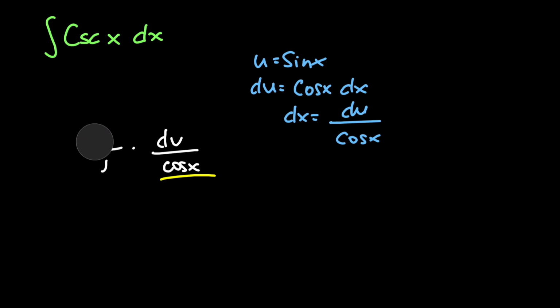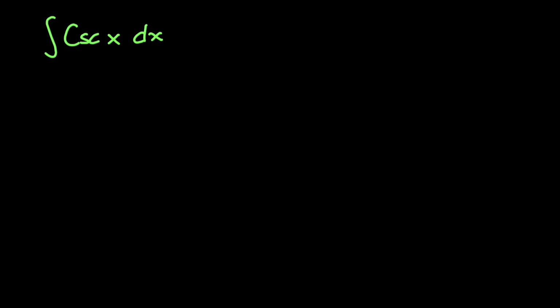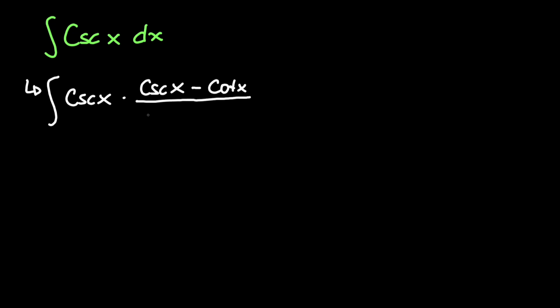So just like with the second trigonometric integral, we will have to use a trick, which will be the integral of cosecant of x, and let's multiply this by a value of 1, which can be this cosecant of x minus cotangent of x over